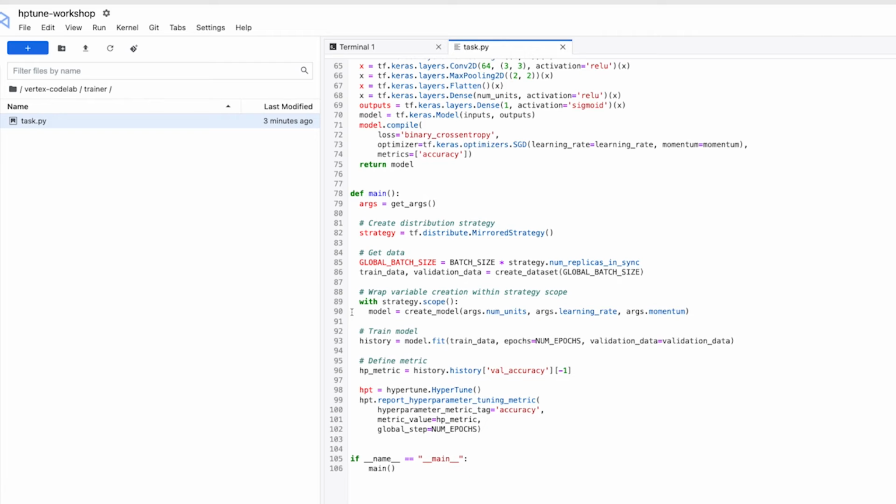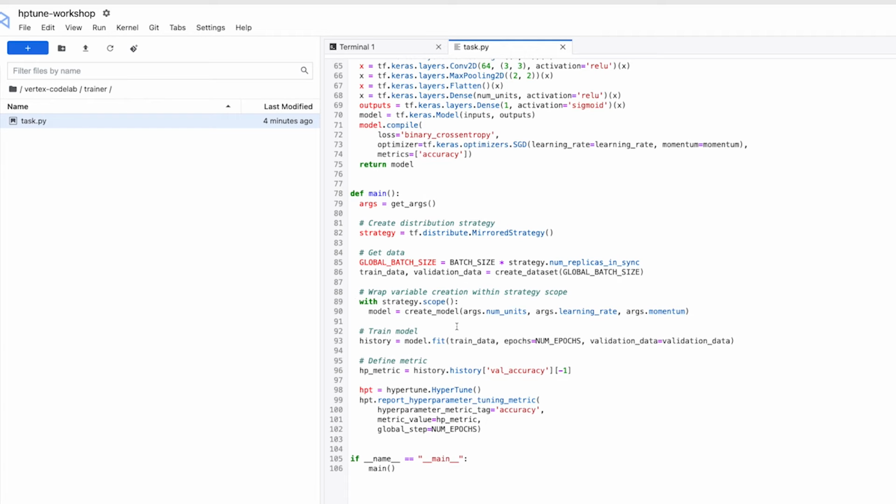And then the last step you'll need for TF distribute is to wrap the creation of your model variables within the scope of the strategy. So that's what's happening in line 89. We call with strategy.scope, and then we call the create model function. And again, the create model function is what creates the model and also compiles it. So that's where all of our model variables get created. And that's all you need to do in order to make use of distributed training. This now means that when our model training kicks off, it will be able to use multiple GPUs in order to train faster.